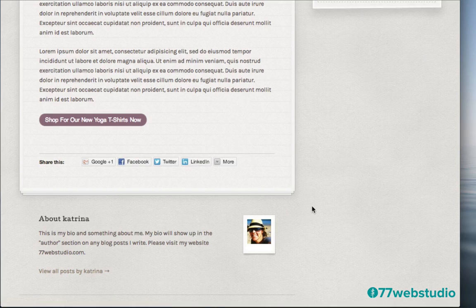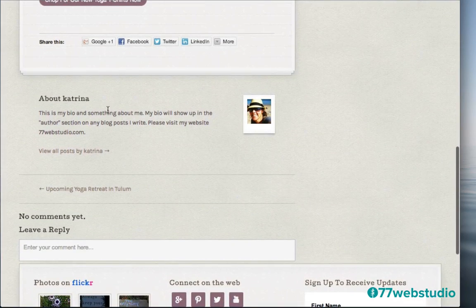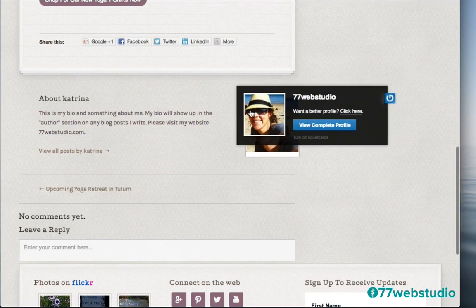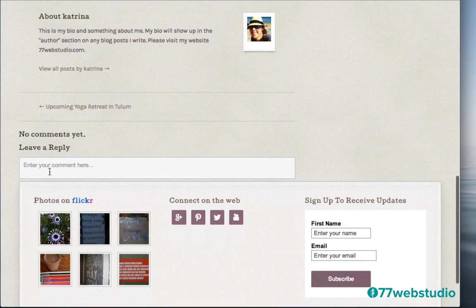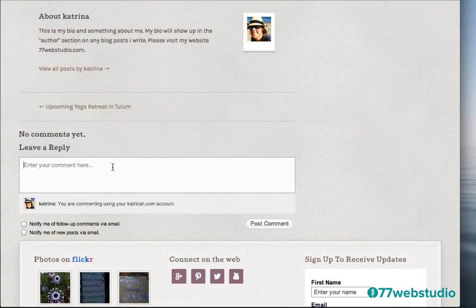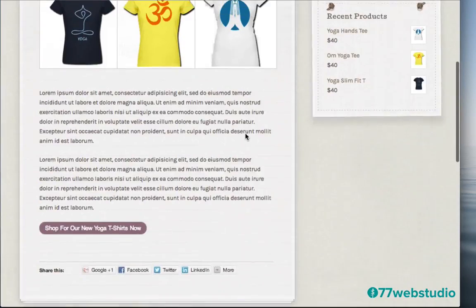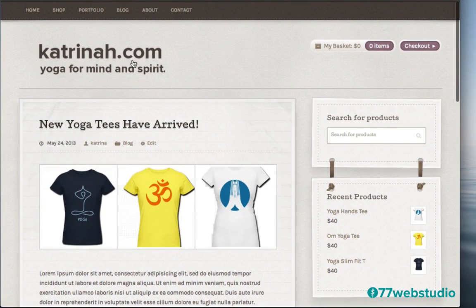social network. Then underneath the blog post, you'll have a little short bio as well as your thumbnail image of the author. And then below that, we'll have the comments that anyone who'd like to comment on the blog post can leave a comment down here. Okay, so now that we've taken a look at the blog post itself, let's click on the About page.